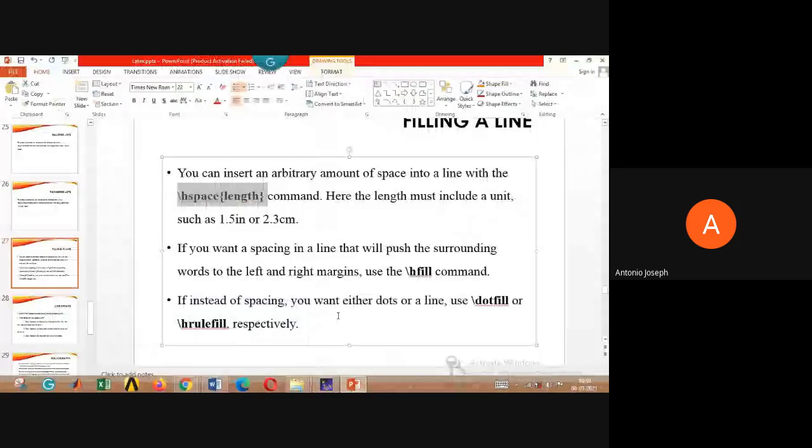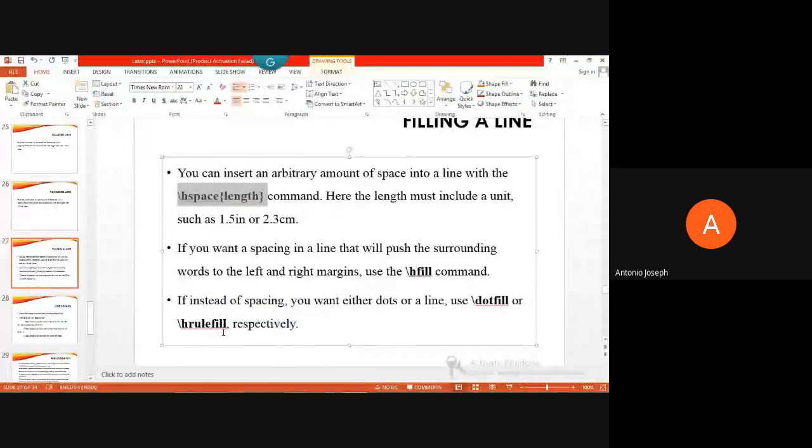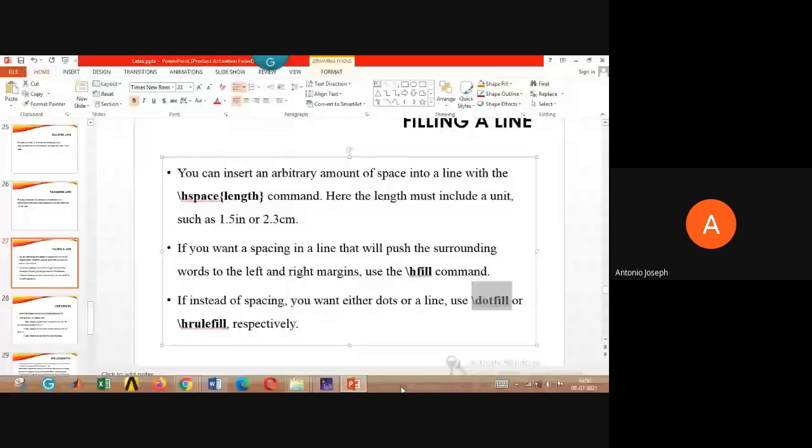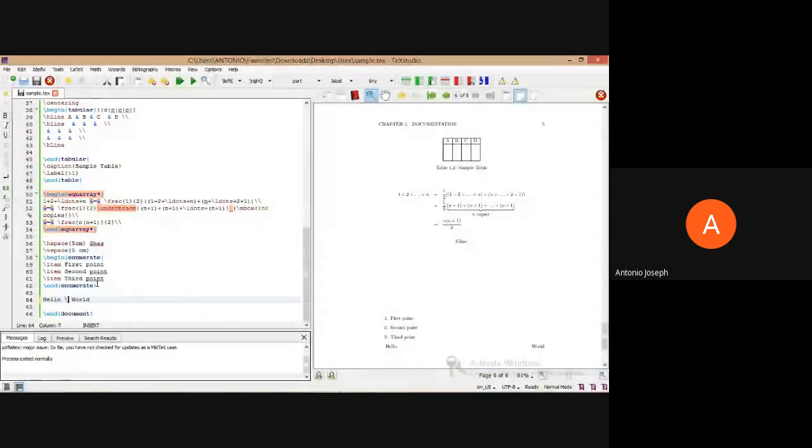Then another commands are dotfill and hrulefill. Okay, using this dotfill, the entire in between space will be filled with a dot, and if you are using a horizontal rule, the entire space in between will be filled with a horizontal line. So we can see it. Hrulefill. In between this yellow and gold, a dash is being provided in such a way that it is fitting the entire line, isn't it?